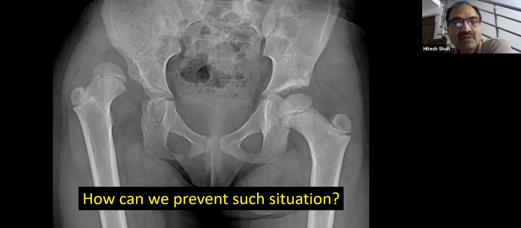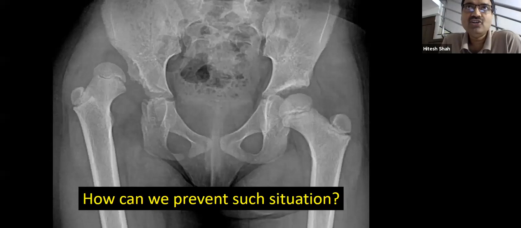So ideally, it should be done after the second growth spurt. When the child is near maturity, it's not going to remodel. Otherwise, if you do it at 8 or 9 years, the child will have remarkable remodeling potential, and the valgus will not remain corrected. It will correct by nature, and you will lose the valgus. The amount of abduction would be lost because of the remodeling. So you should not do it.